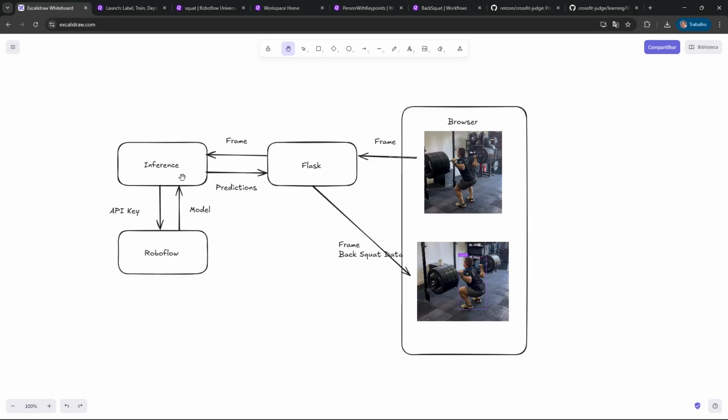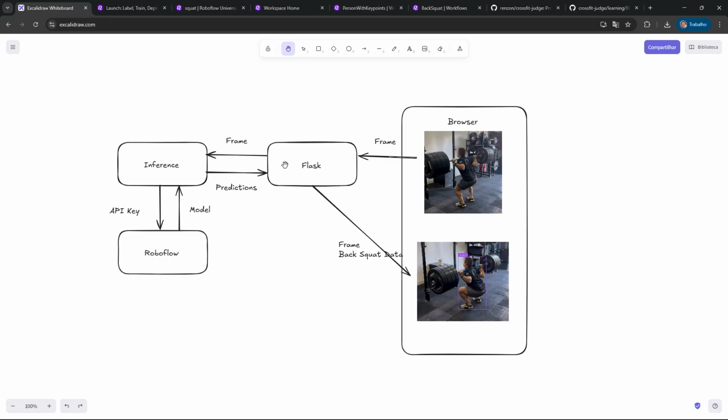It's going to return this model, and from now on, it's going to return predictions to the Flask application, so it can use them to enhance the image and show the final image that I just showed you with the data of the repetitions, classifying objects, and so on. Okay, so this is the main application, and just to be clear, the only part that I knew before starting this project was this first part. I'm a web developer, so I know about front-end applications.